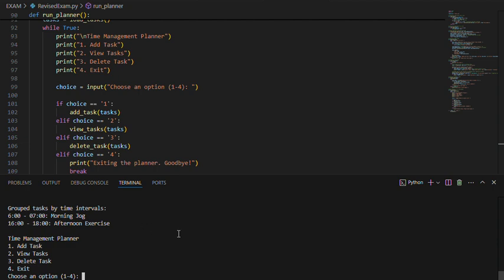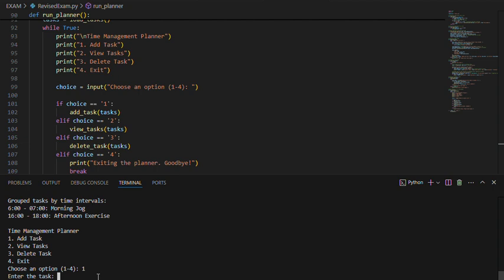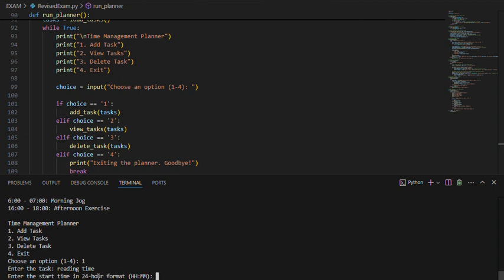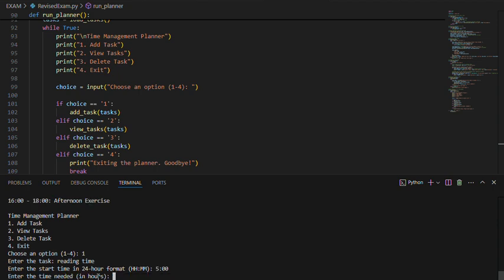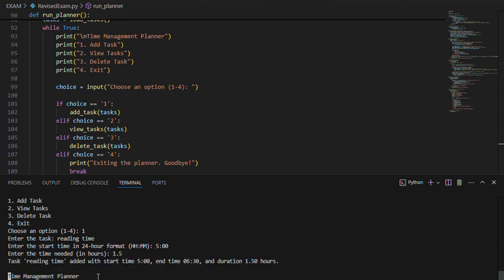Then, again, to prove it, let's add another task that will come before this one. Let's add task, reading time. Let's do this at 5 o'clock p.m. And the hours needed is, let's say, 1.5.